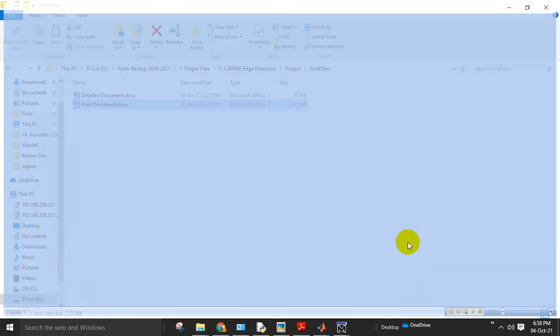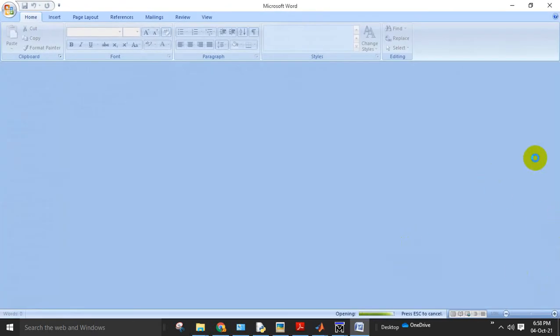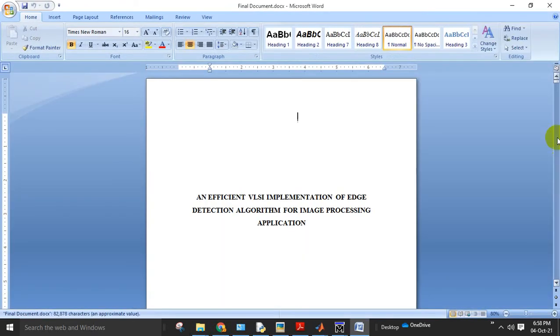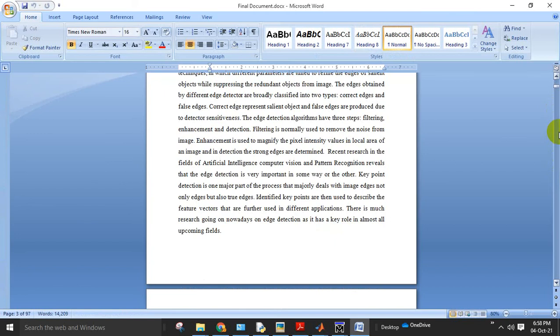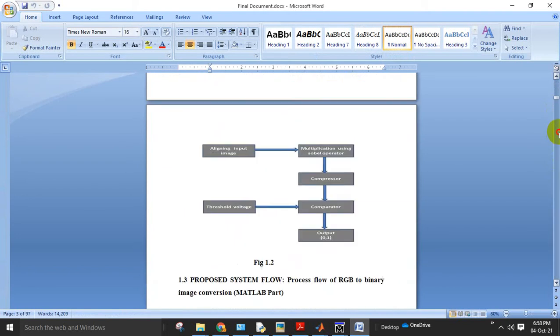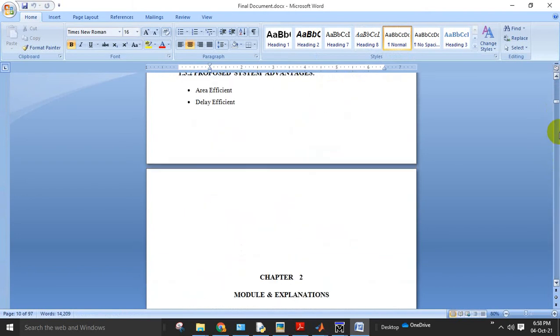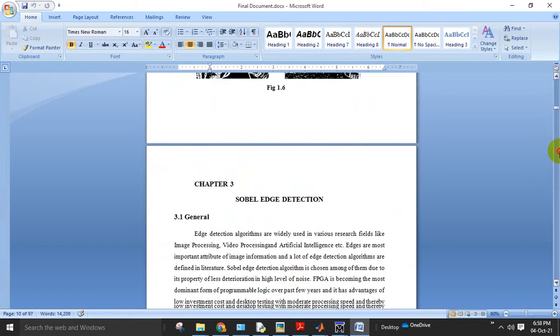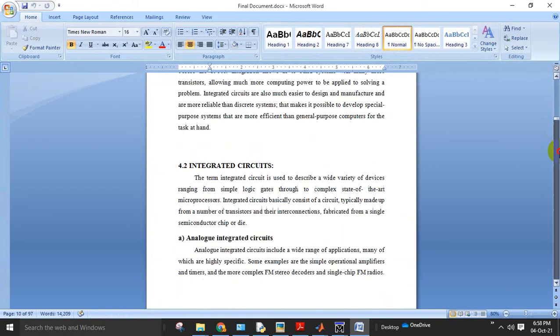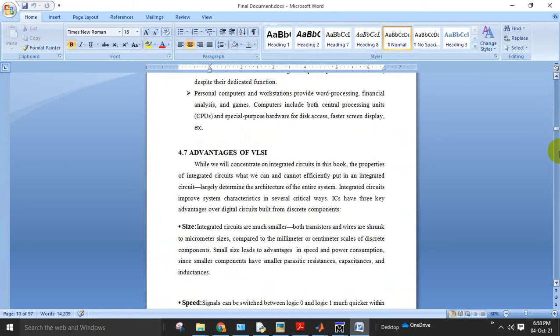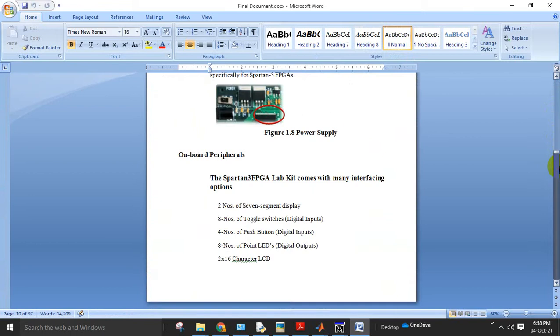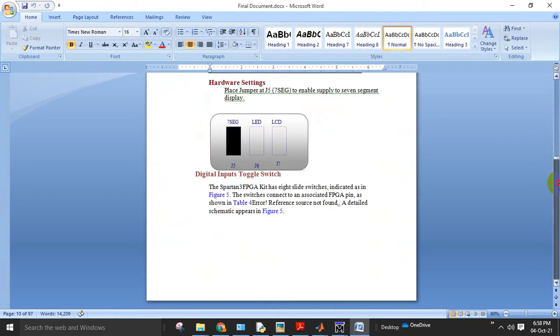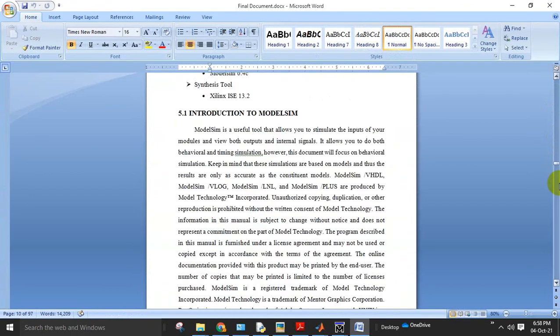In this final document, we will be preparing all the contents like abstract, introduction, literature survey, and so on, all the details from the beginning. After that the block diagram, model explanations, and everything will be given here. Once this explanation is completed, the hardware requirement and software requirement details will be available. After that, the synthesis results and simulation results will be provided here.